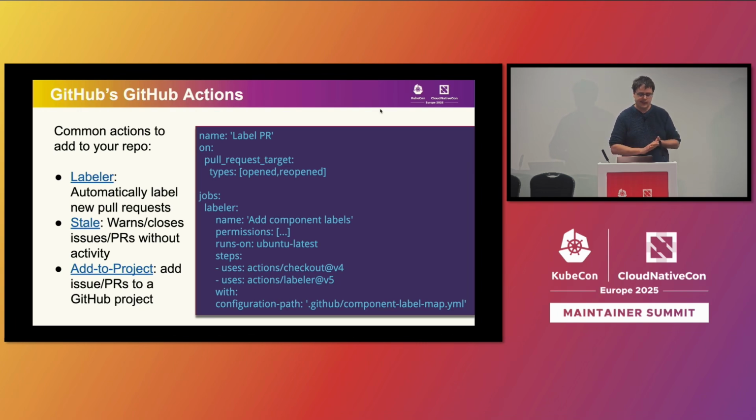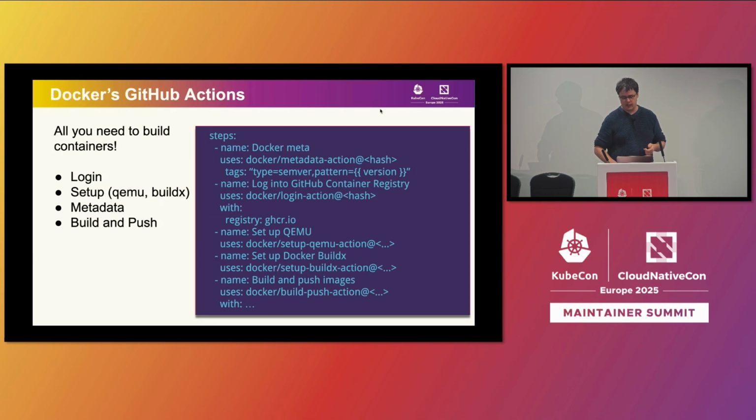So Stalebot, if you ever have used a repository and there's then the GitHub bot telling you, hey, this issue has not been responded to in 30 days, 60 days, 90 days, now I'm closing that, that's that GitHub action, right? So you can just go to those repositories, copy a template, put it into your repository, and you're good to start. So once again, you're not doing a lot of coding and working until now.